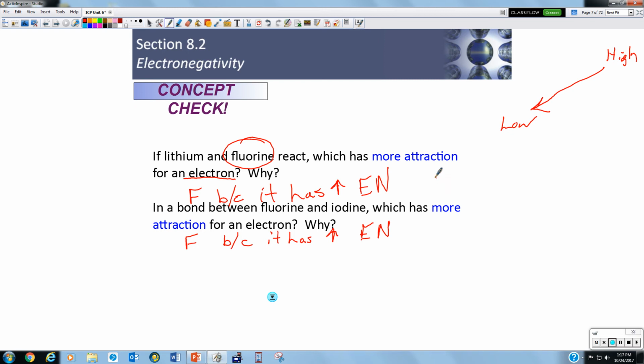All right. So when we're talking about lithium and fluorine, that is an ionic bond. Lithium gives its electron to fluorine, and it forms this ionic bond where you have a positive side and a negative side. Now, if we were to look at a sample of lithium fluoride,